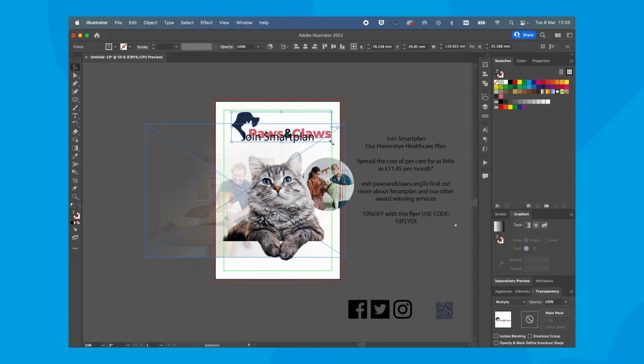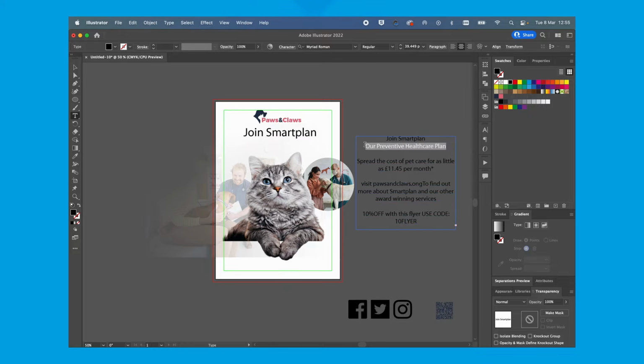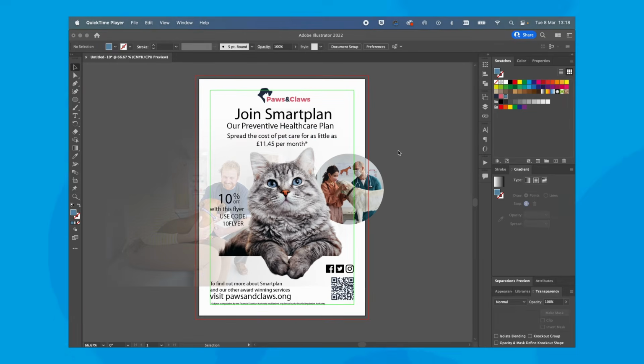Clearly this logo is going to need to go a bit smaller, and I'm going to have that right up against our guide, our margin. Move that up a bit, and then we've got the rest of the heading here. You get the idea. I'm going to go ahead and just put the rest of the text in, and I'll come back in a minute.